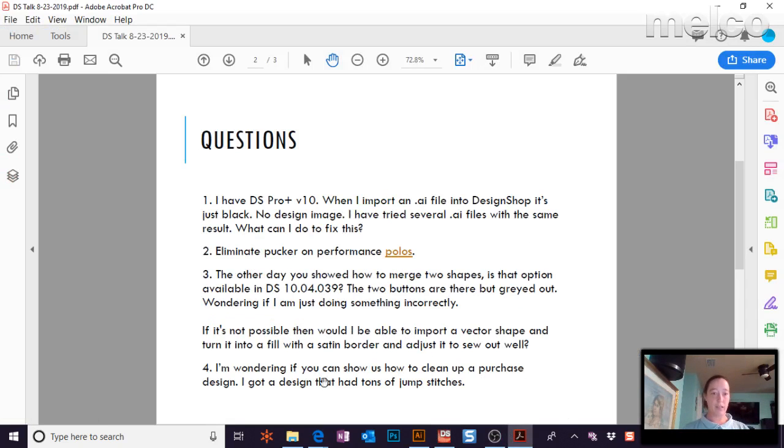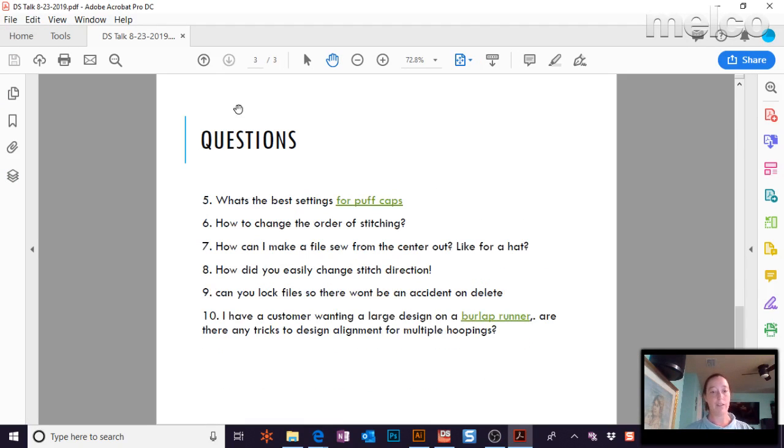All right, so that's how to clean up the jump stitches. All right, so that's one way. The best settings for puff caps. There are several videos and things that have been done on puff. Really, it's if you're using